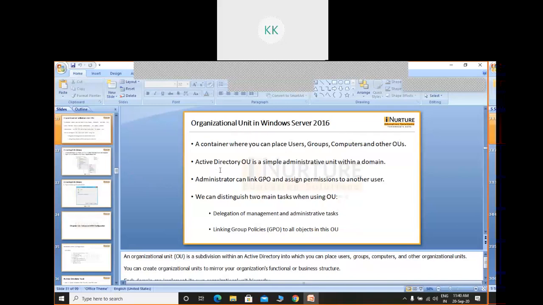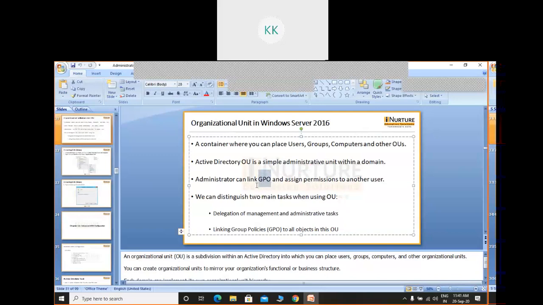So an Active Directory organizational unit is a simple administrative unit within a domain. An administrator can link a group policy object, GPO. What is GPO? Whatever policy we have applied to a group resides under a common destination.